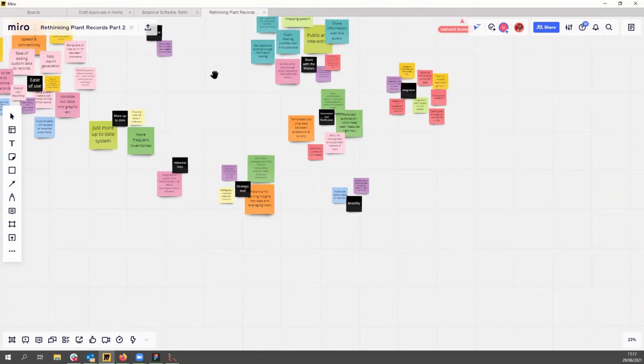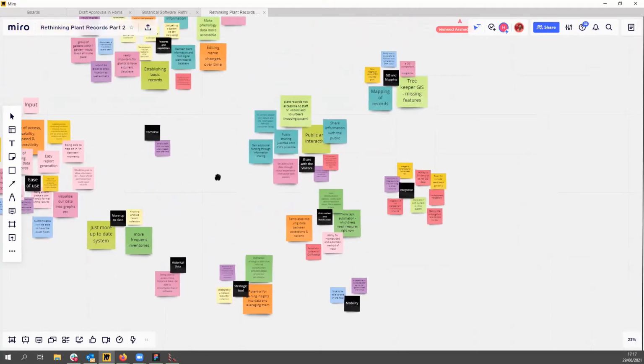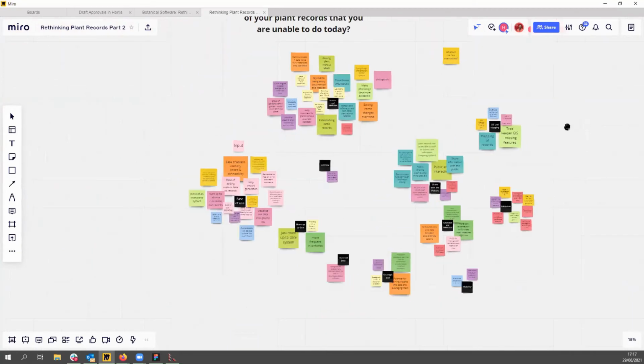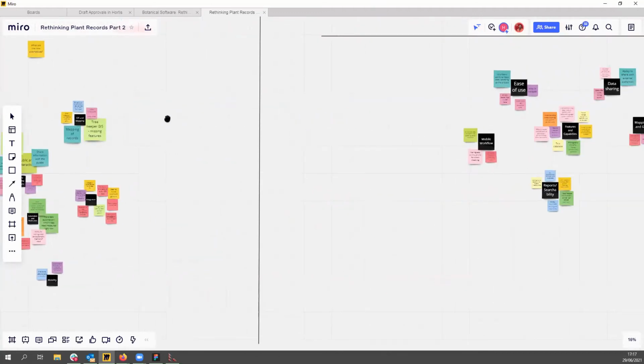This differs from garden to garden, obviously, depending on their background and what kind of system they have. Some people have spreadsheets, some paper, others use Iris and Flora, etc. But it's interesting to see what people would like to do. We also spent a bit of time looking at the